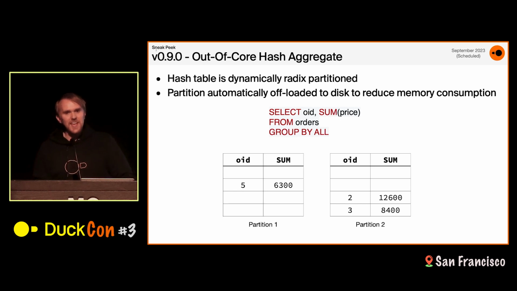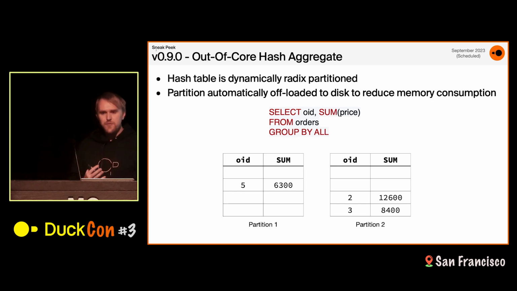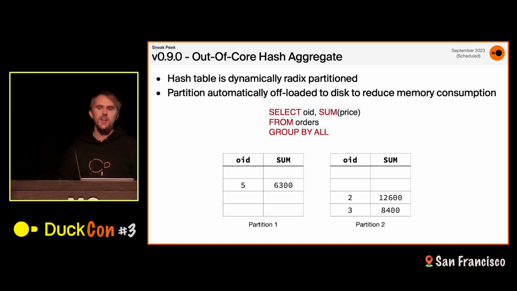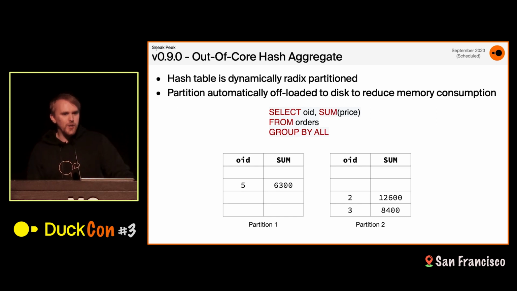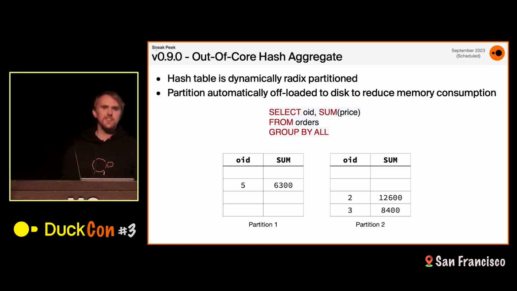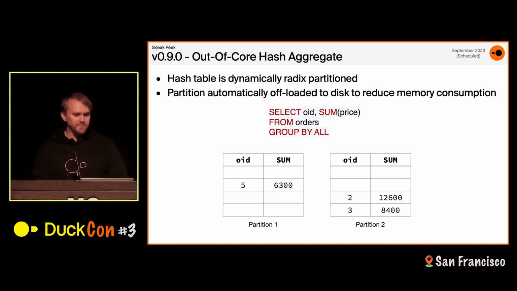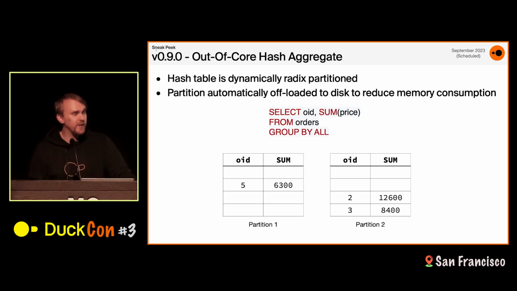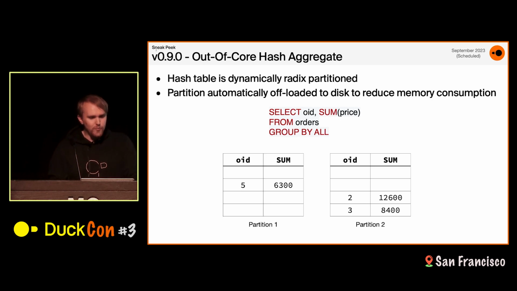But there is often the case where your computer in principle has enough overall storage space, SSD space plus memory, to complete the operation. But because of memory constraints on things like hash tables, you end up running into an out-of-memory exception. Something we have been working quite hard on improving. We started with the order by, which has had support for this for a while. The join has support for this. The window operator has support for this. And with version 0.9, we're going to have support for this in the out-of-core hash aggregate.